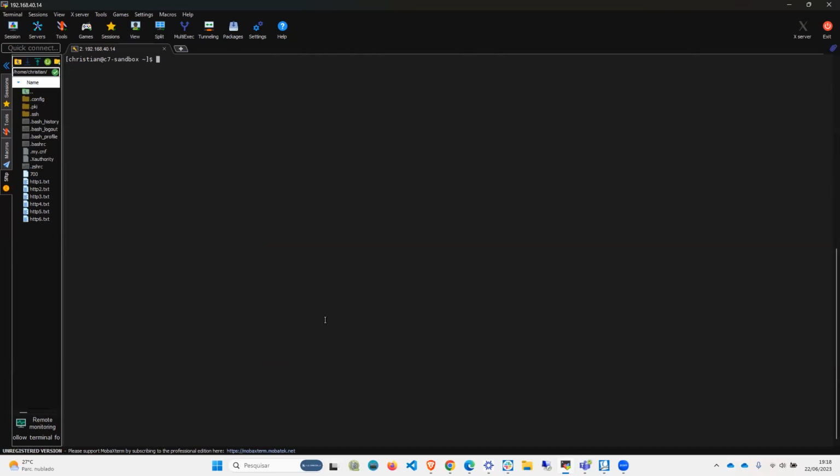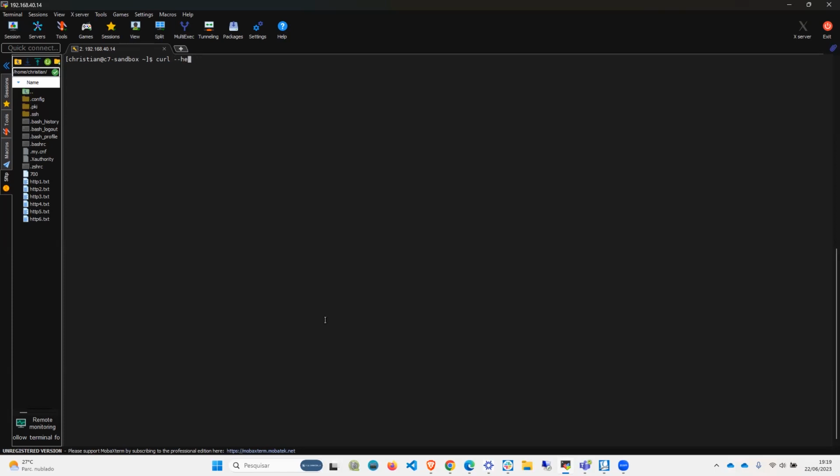The tool comes installed on the system, so you do not have to install anything to use it. You just type the command cURL, and